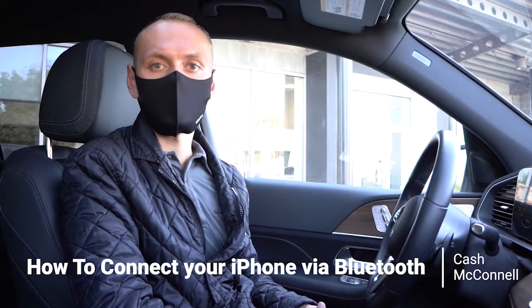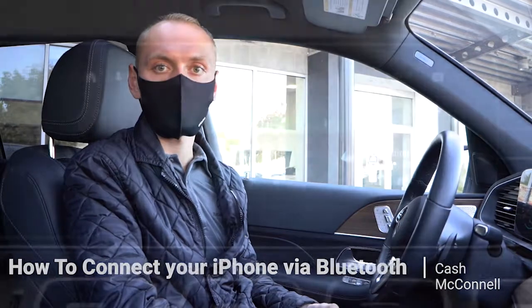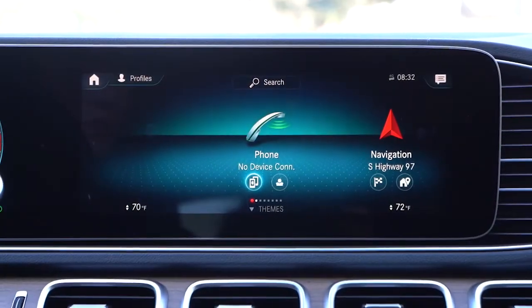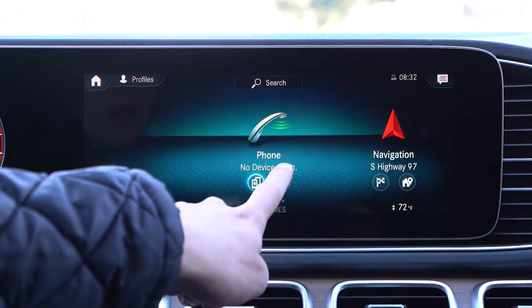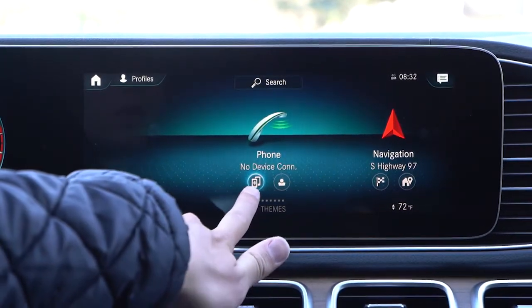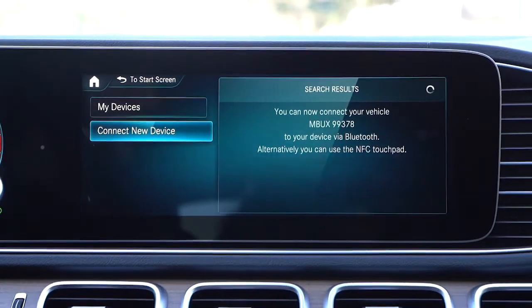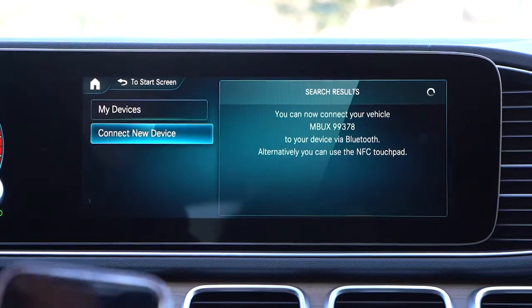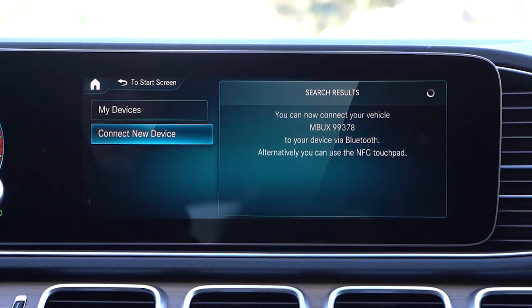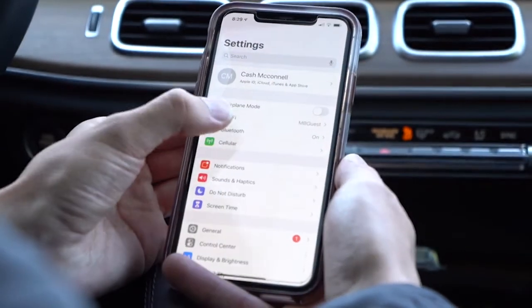And today we're going to be demonstrating how to pair your phone to the car. So to connect your phone to the car, you just have to go to the phone app on the car's screen. You want to hit the little screens right here, and that will take you to the settings where you can connect. So now it's searching for phones available. So then on your phone, you just go to your settings, you go to Bluetooth,